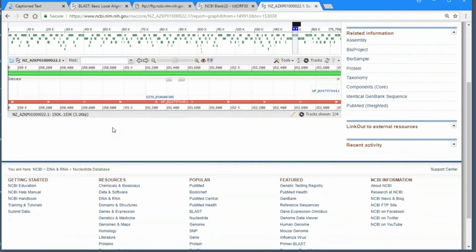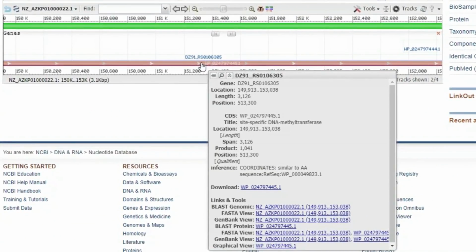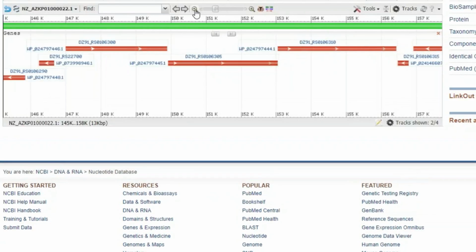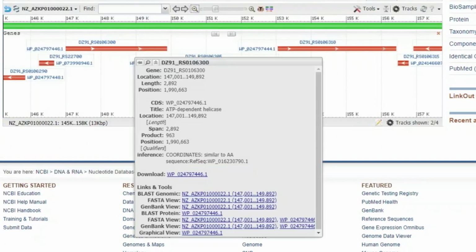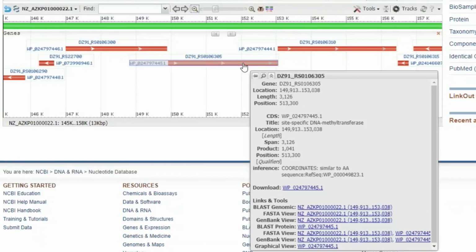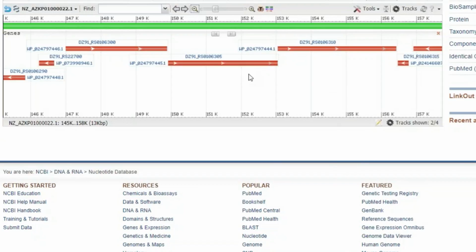And there's my protein. And as we already know, because the protein says so, it's a site-specific DNA methyltransferase. But now I can zoom out a little bit and see what's there. And of course, we've already seen this in my slideshow a moment ago. So there's the ATP-dependent helicase. There's our methyltransferase. And there's the restriction binding site right there. Okay, so those are the two things that you can see in BLAST and how to get the genomic context